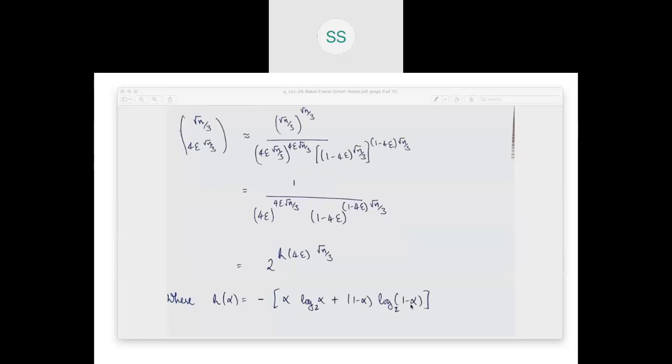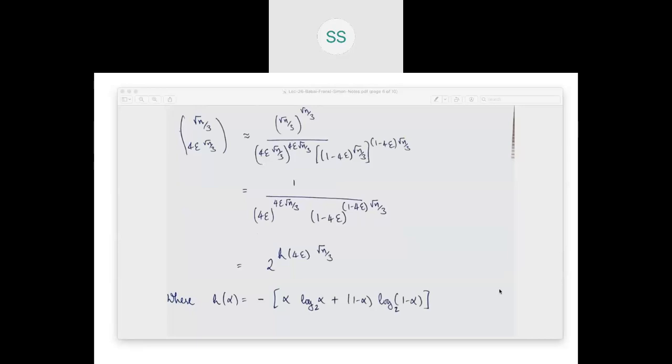And the property is that when alpha is between 0 and 1, this is maximized at alpha equal to half. When alpha is equal to half, then the value is 1. Everywhere else, the value is between 0 and 1. So it's like